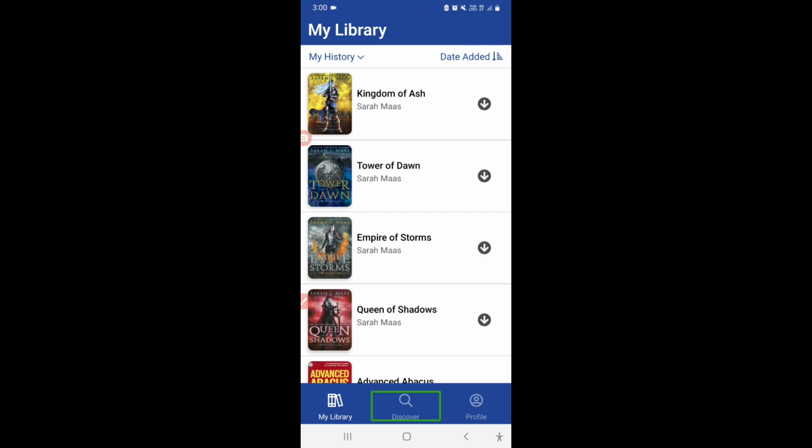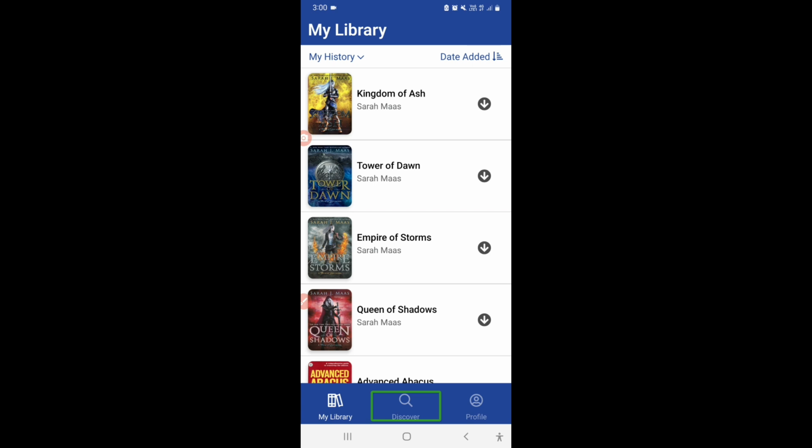When you first install the app, you just have to log in using your Bookshare ID and password. You have to first sign up on Bookshare, create a Bookshare account, and then you can use these apps.